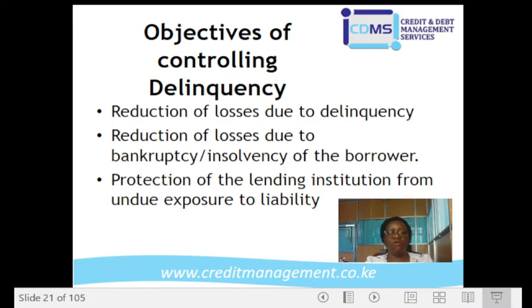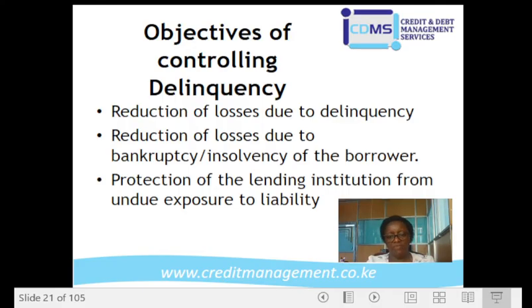The other one is protection of the lending institution from undue exposure to liability. We need to control because once delinquency has gotten to another level, even our institution cannot meet its liability. Imagine a bank that has loans that have become delinquent, and borrowers are unable to repay, so depositors cannot get their deposits on demand. Then that institution will be under pressure and exposed to liability. Unless the central bank intervenes, you can get yourself into challenges. So the objective of controlling delinquency is to protect your institution from undue exposure